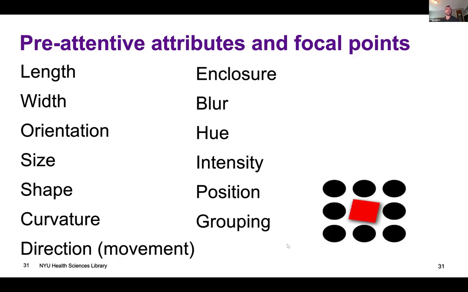Some of the other things: length, width, and size all factor in together, but also different shapes. If there's movement, which way the movements are going, if they're enclosed, if the colors are more or less intense. These are all things that we can quickly identify to help our end reader get a sense of what we're presenting without having to spell it out in text.